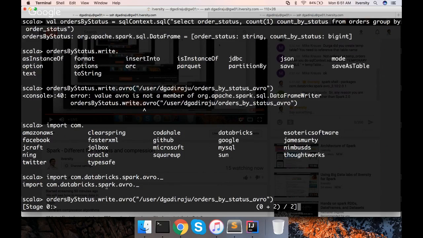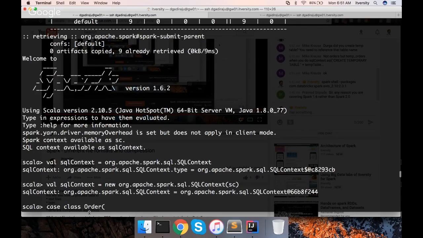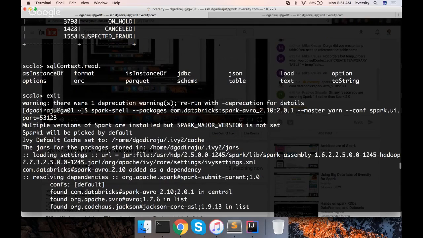With respect to Cloudera, you might not have to do this because Avro is available out of the box. As we are using Hortonworks and we don't have Spark Avro integrated with Spark, we have to launch Spark Shell with the packages the way I have done and also pasted in the chat, like this: --packages, the group ID which is com.databricks, artifact ID, and the version.